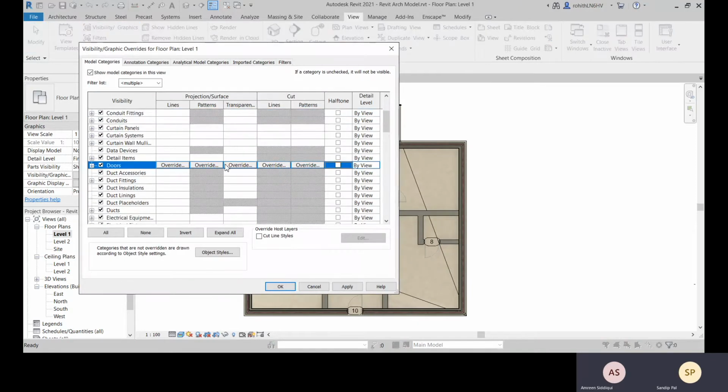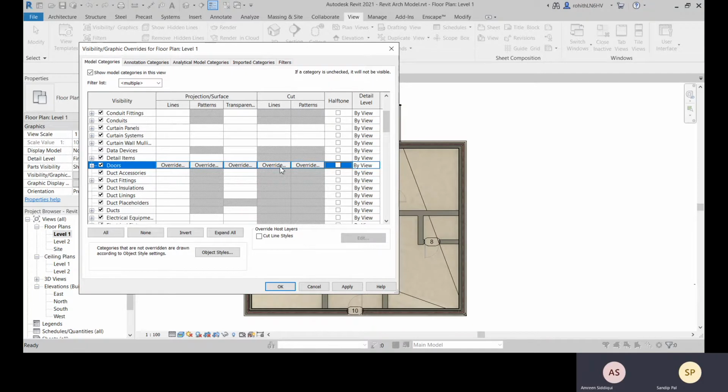Now you can override this line pattern. So for plan, we go with this cut section. Within this cut section, we change it for plan views, or for the sliced views, you can say.